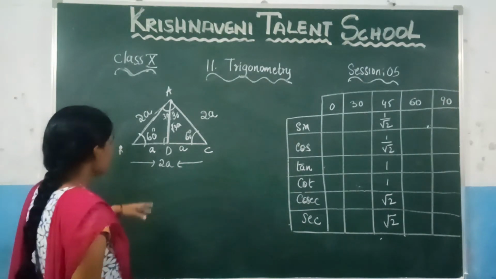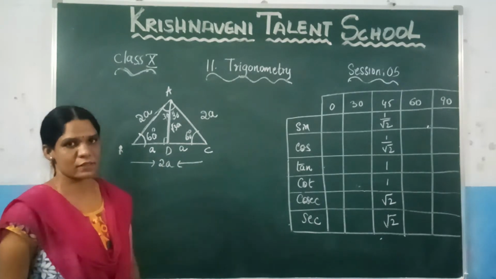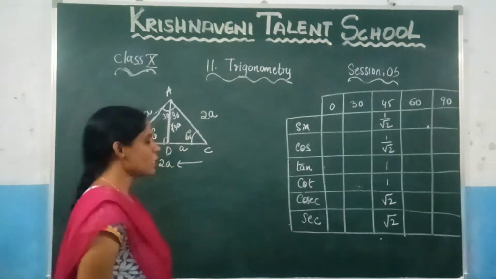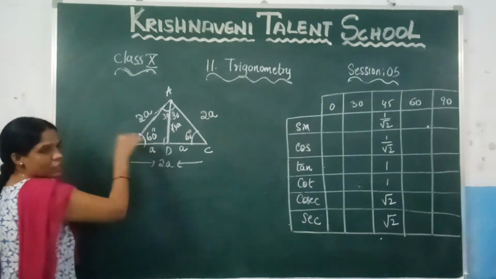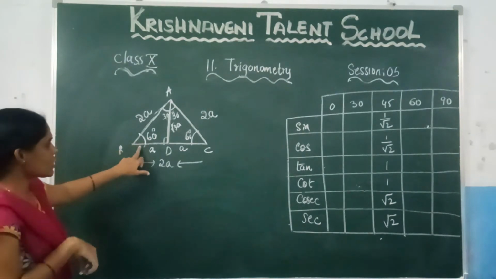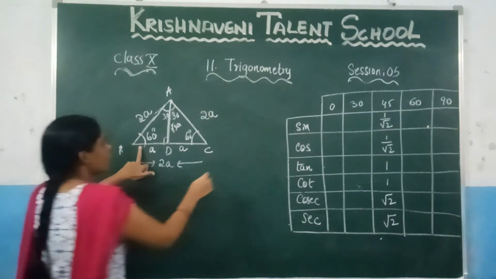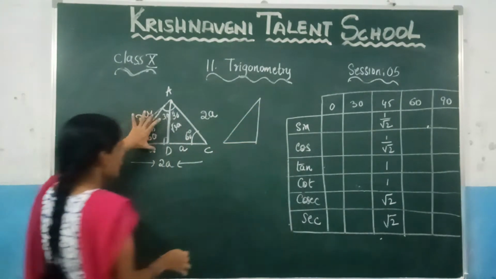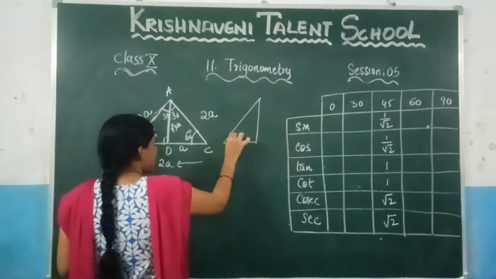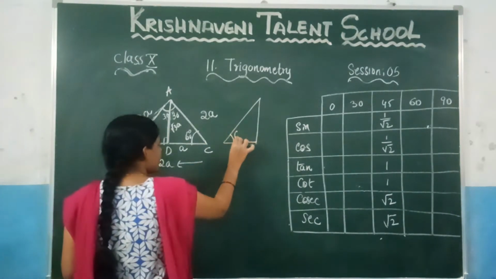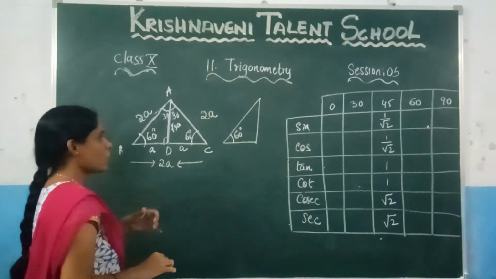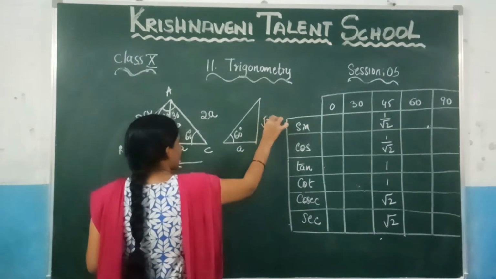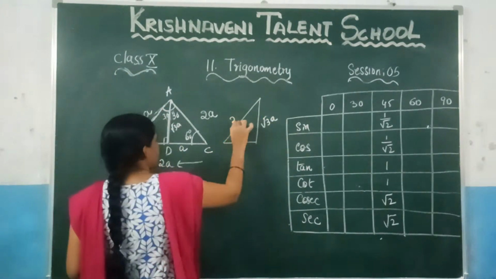Let us find here. First I am finding the value for 30 degrees, and after that we will go for 60. Otherwise find the value of 60 first, and after that we will go for 30, anything. Now I am talking about 60 degrees. So let us consider this one as the angle. I am drawing the right angle triangle separately again to understand, taking this one as the acute angle, since I am finding the value of 60 degrees. This side length is A, this length is root 3A, and this length is 2A.